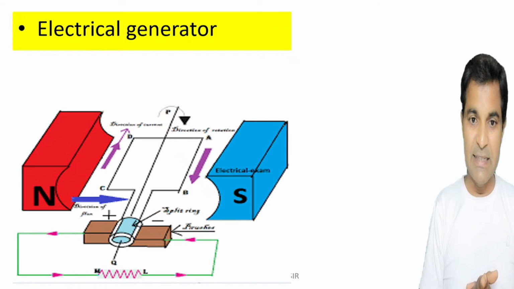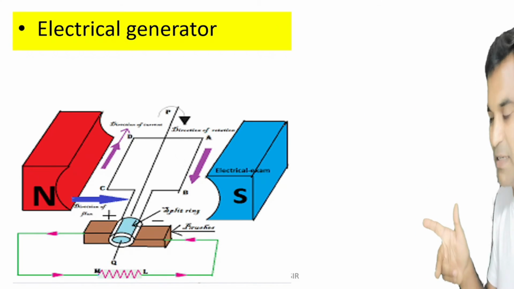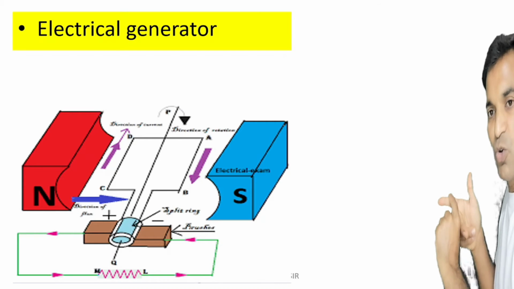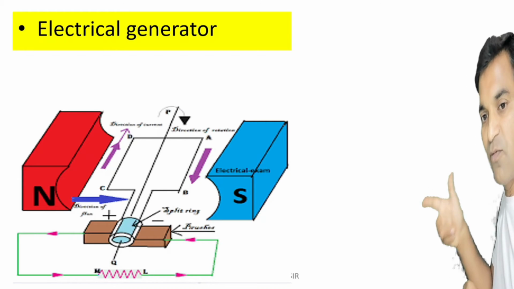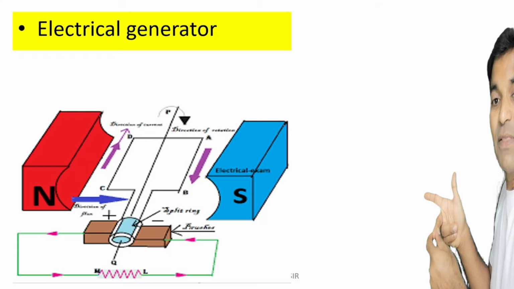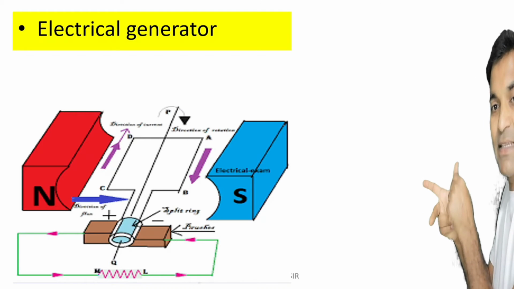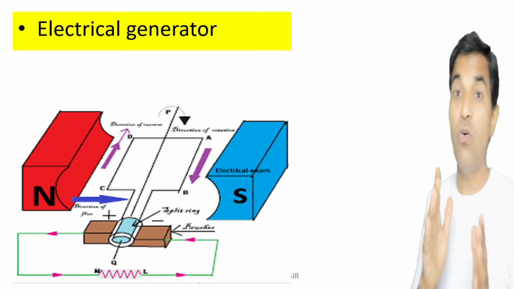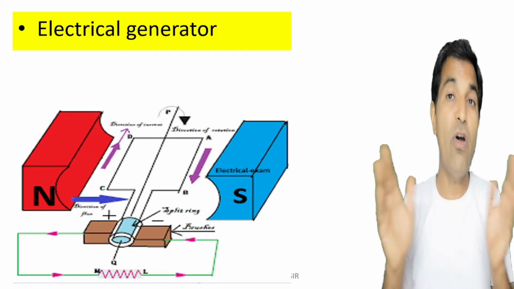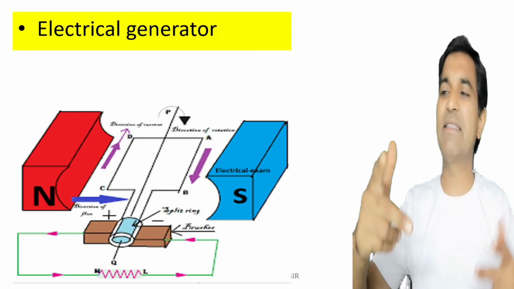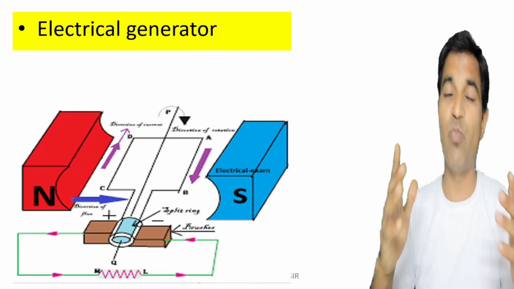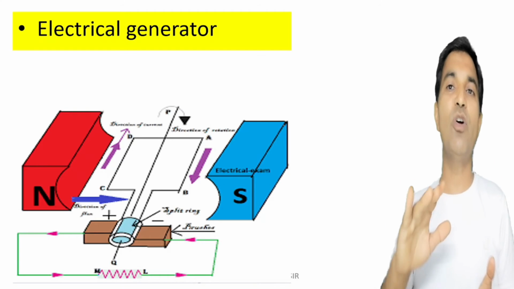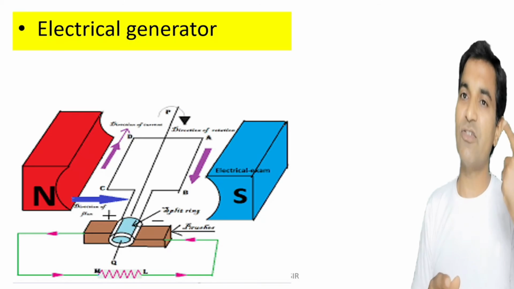So in case of an electrical generator, for example, if this is the direction of field, north to south, right? So north to south, this is the direction of the field. Now if the direction of movement is like this, then the direction of the generated current will be like this. You will have to visualize this in your own mind. You will have to apply Fleming's left and right hand rule in your mind to find out the direction of induced current in case of the generator and the direction of movement of the armature in case of an electrical motor.